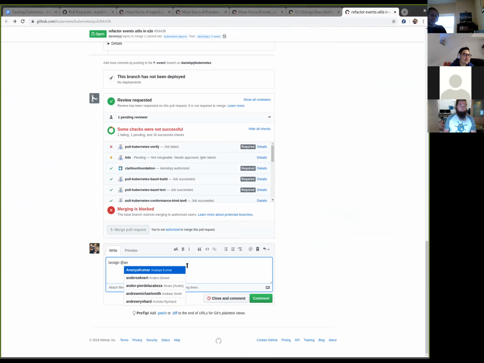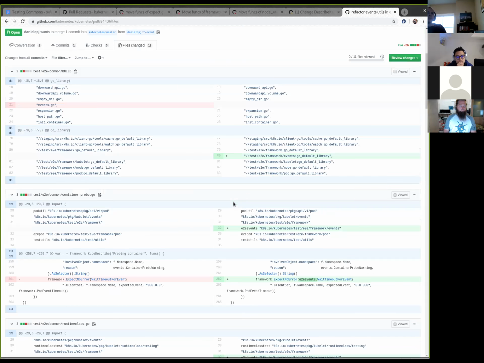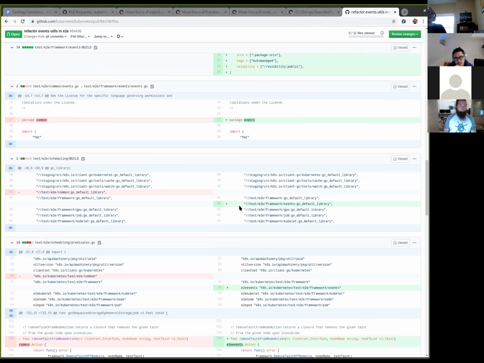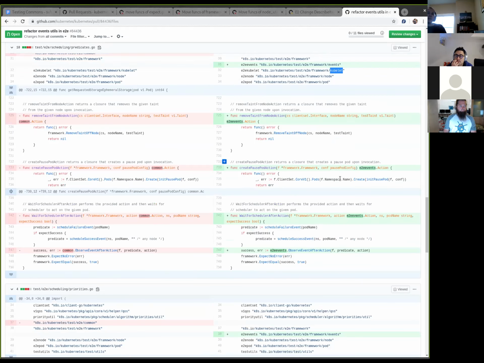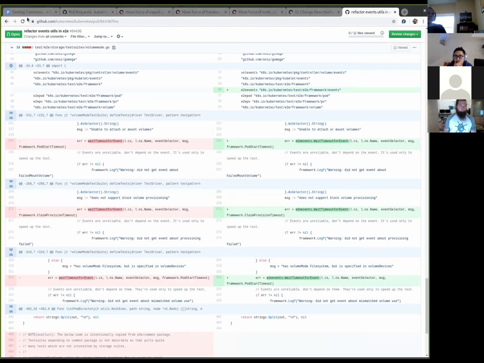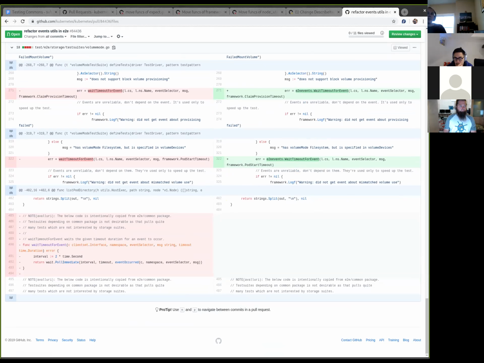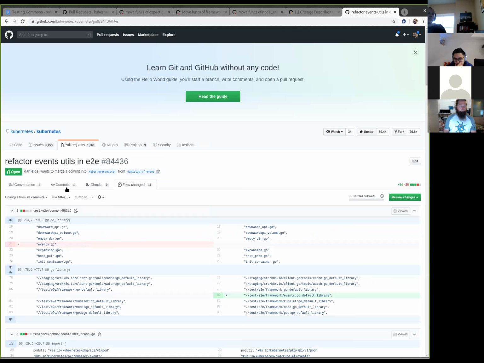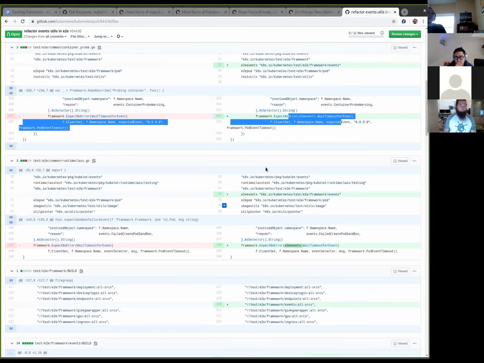What are these events? Are these new events? What is this event type? It's refactoring the framework to move events out into their separate location, into a submodule, so it's calling it E2E events. All this is part of the core shuffling to remove the dependencies needed to vendor the framework. Right now only a limited subset of the tests, like container probe and runtime class, are actually using these dependencies.